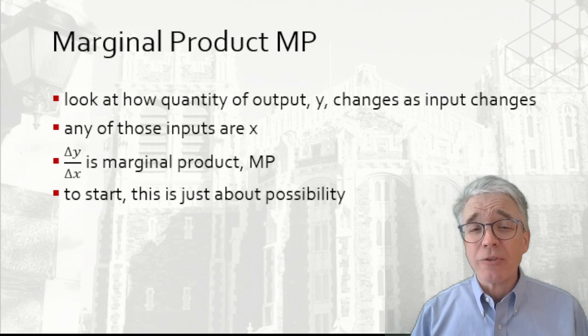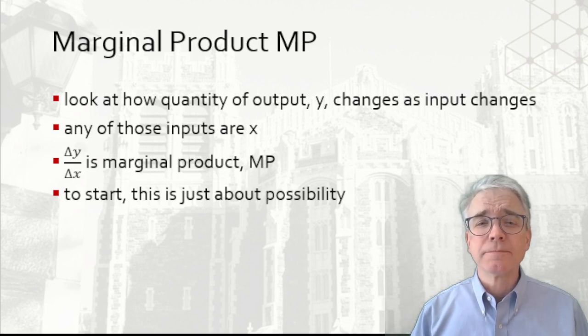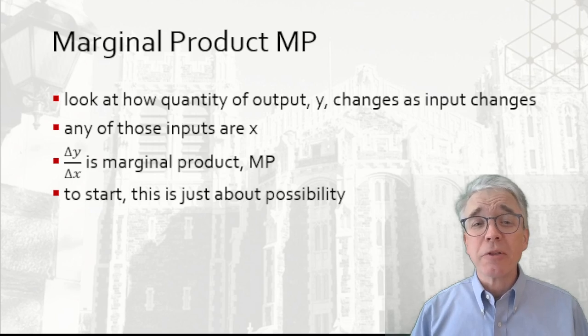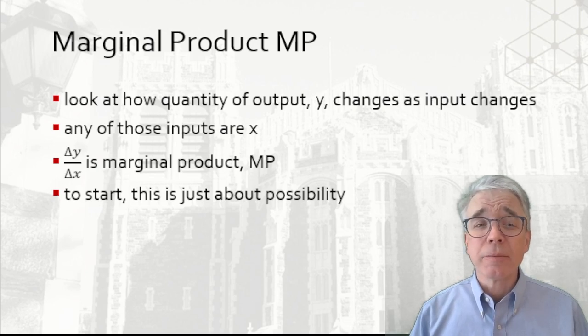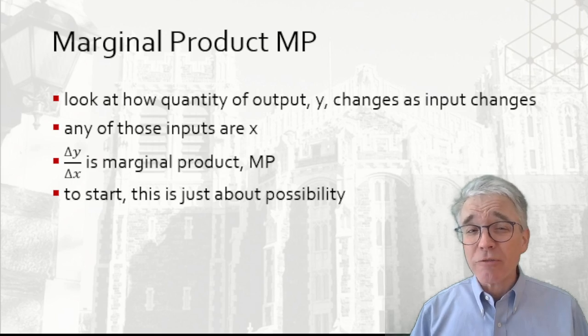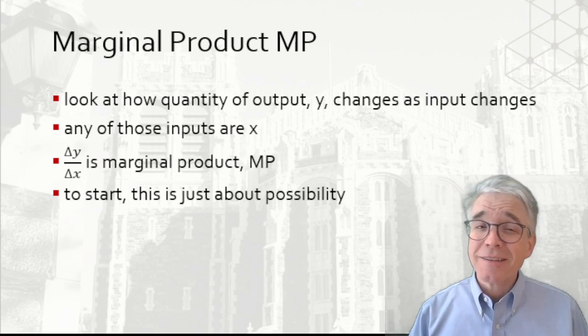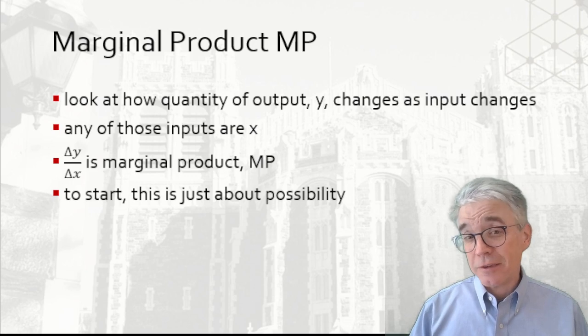The ratio of those deltas is the marginal product. In multivariate calculus, this would be the partial derivatives. Now note that for all these calculations, we're only considering what-if scenarios. What would happen if one of the inputs were increased? As a separate question from how much would it cost to increase an input, or is that a good business